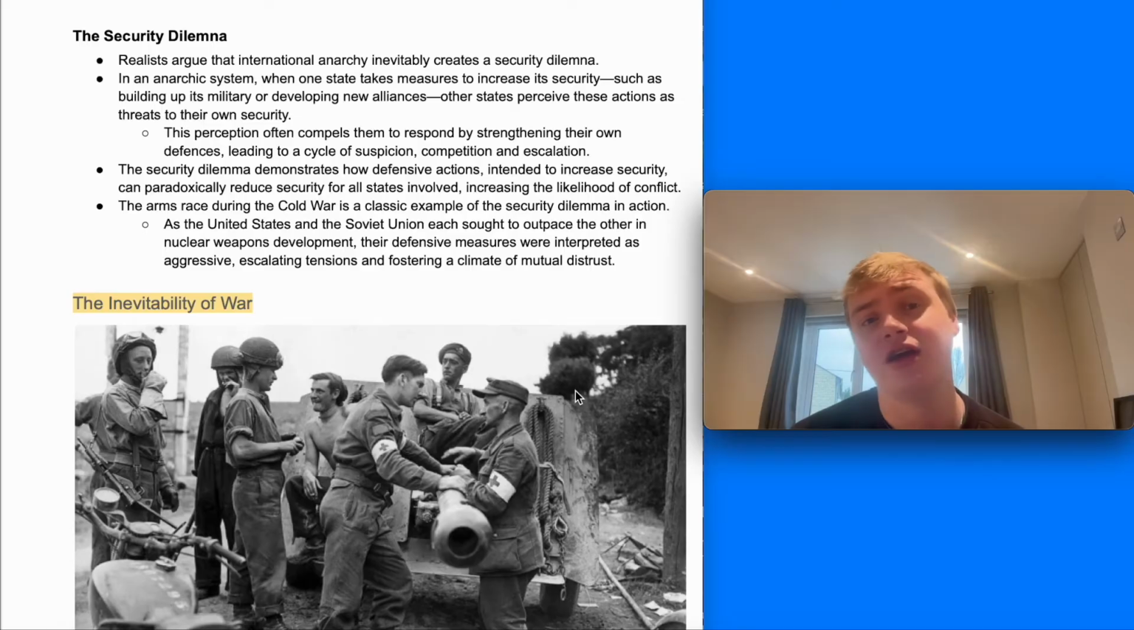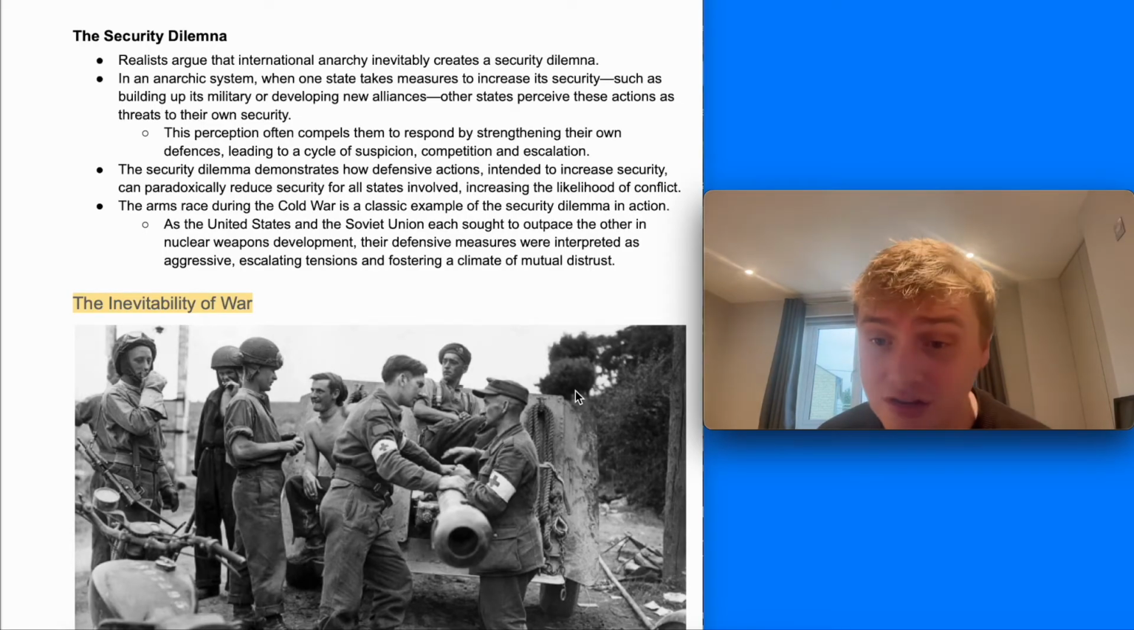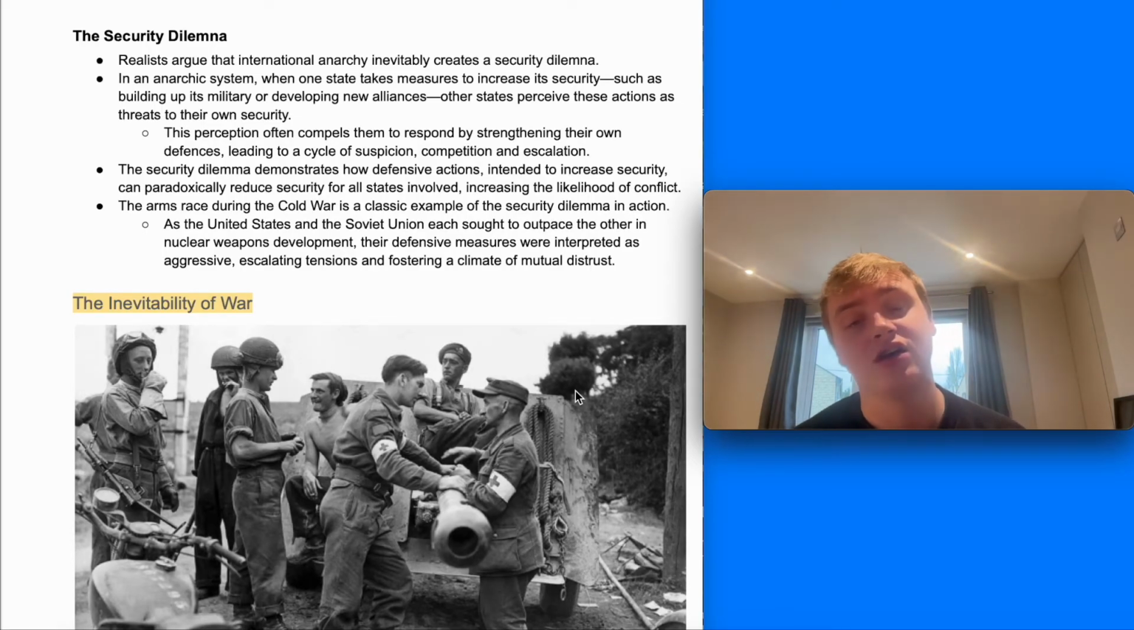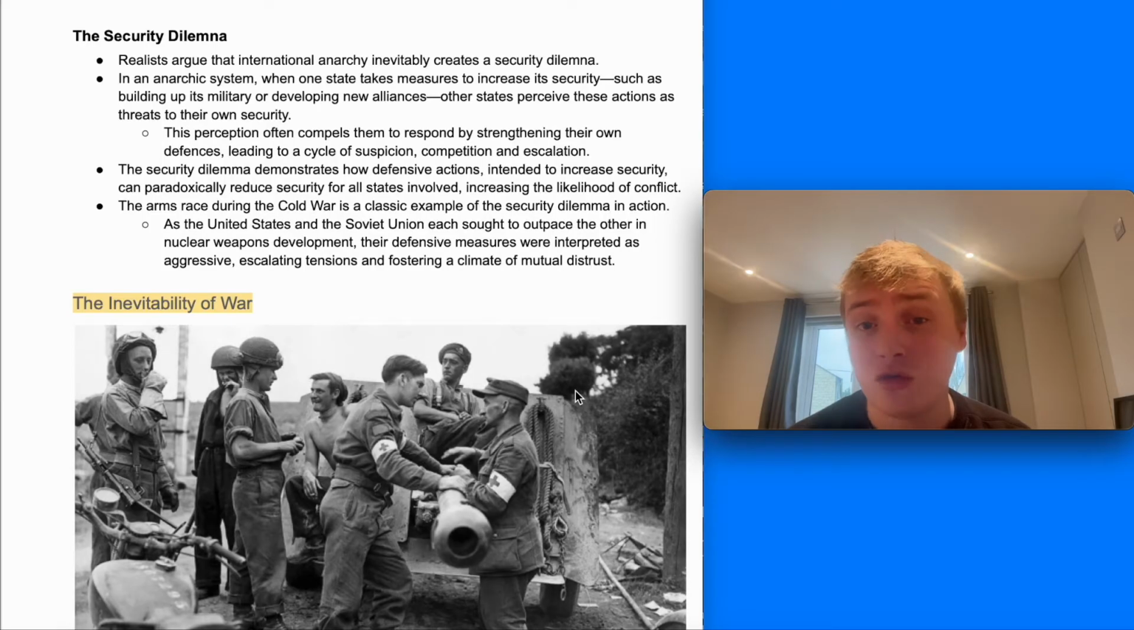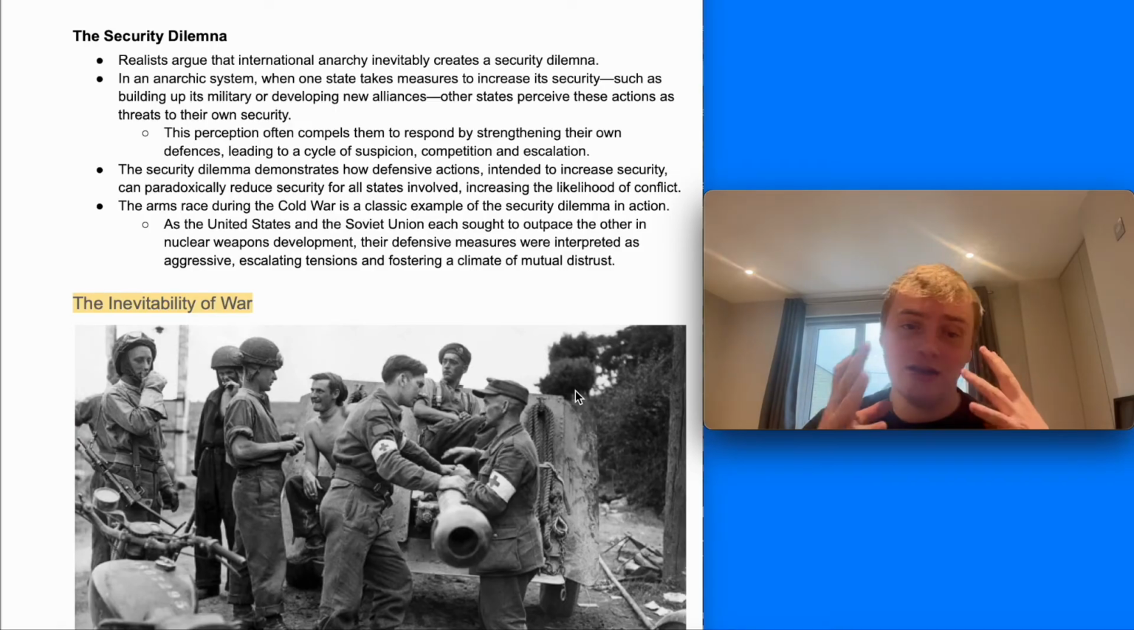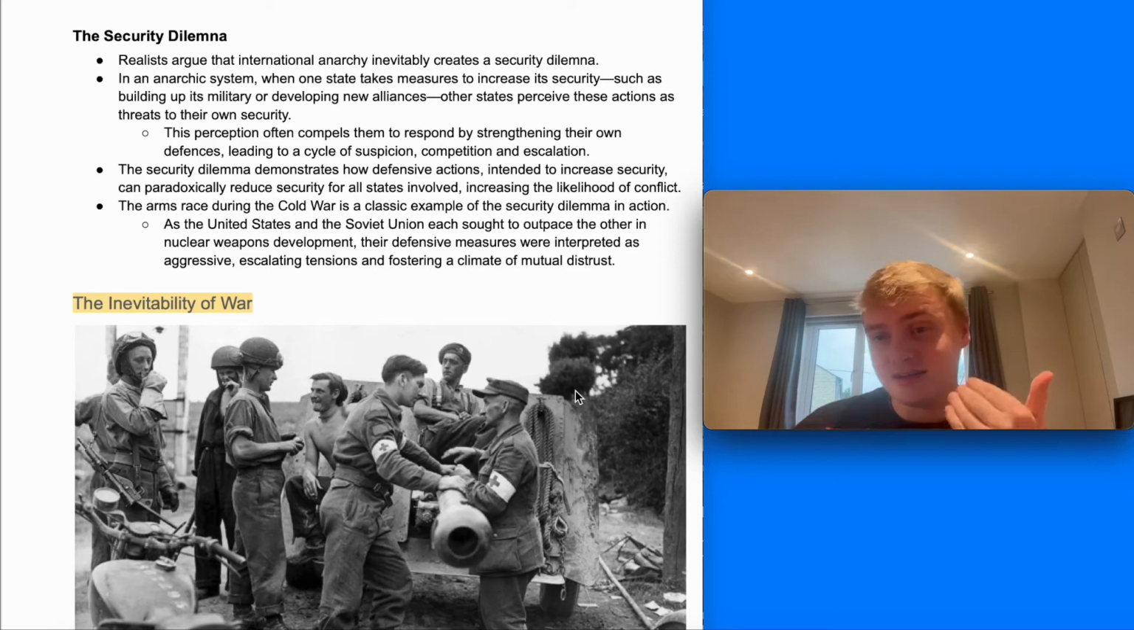And realists argue that international anarchy creates a security dilemma, which is a really important term you can use in your 12 markers. And this means that in international anarchy, where one state takes measures to increase its security, such as increasing its military or developing new alliances, other states perceive these actions as threats to their own security and respond by strengthening their own defence. And this demonstrates how an international anarchic system can lead to increased tensions and potentially conflict and escalation